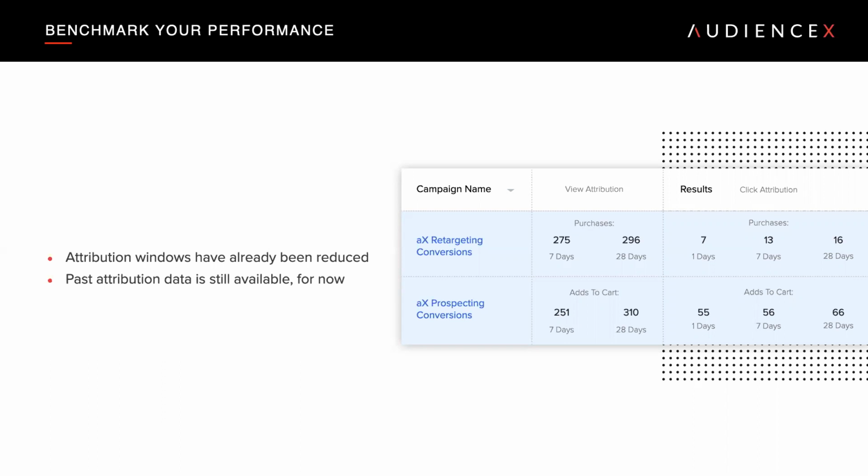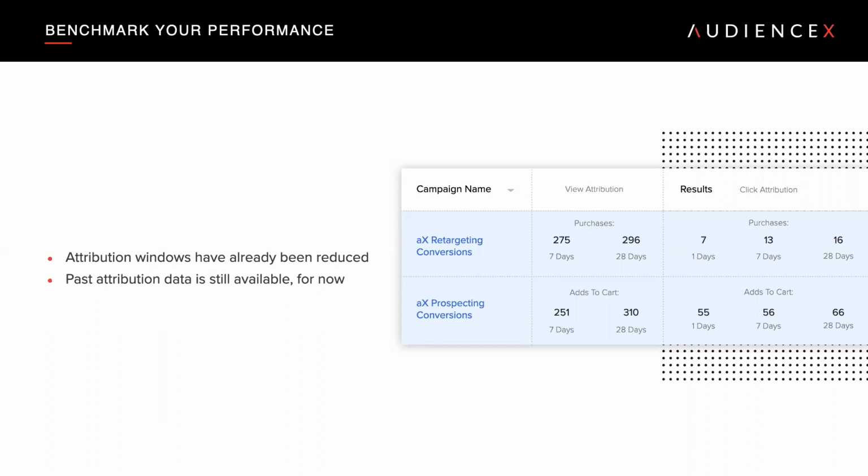So the reason Facebook is telling you to benchmark your performance is they know that it's going to make their entire channel look worse. And if it looks worse, they're going to get less budget allocated there. So they're really upset with Apple because this is going to have an immediate, material impact unless they go out of their way, which they're trying to do, to educate advertisers on understanding exactly what this all means and how to navigate it.